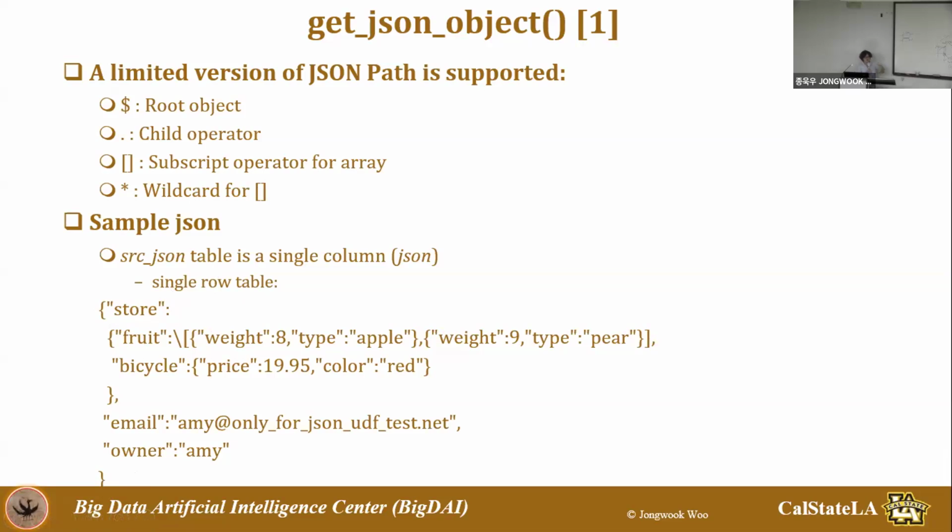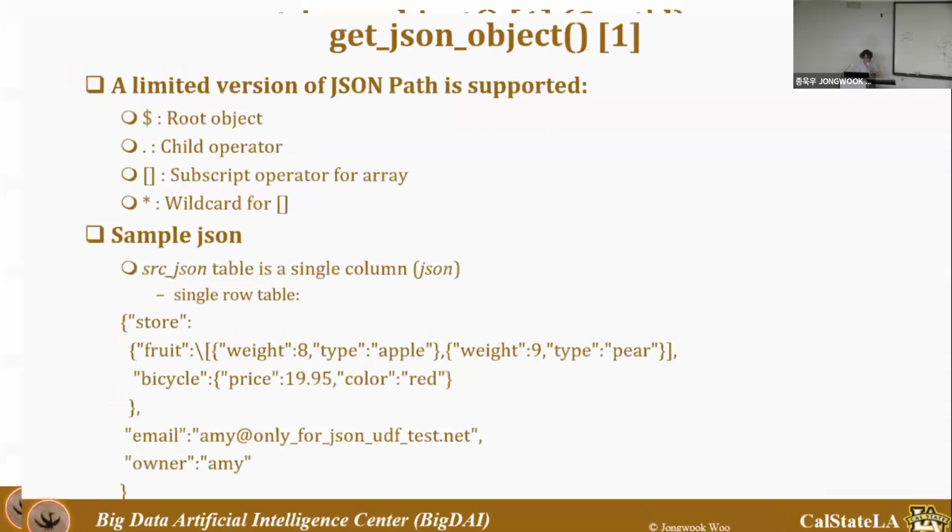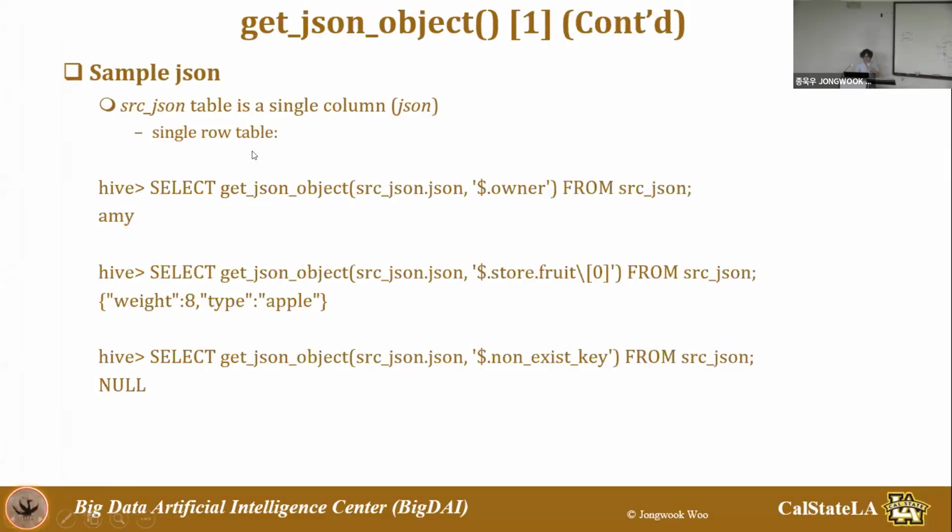So even though you don't clearly understand the XML, it's okay, because we are not learning XML. We just want to read the XML element using getJSON object function. Okay. So there are many complicated structures for JSON, but who cares? We just read the element using getJSON object function. Okay, so to read it,